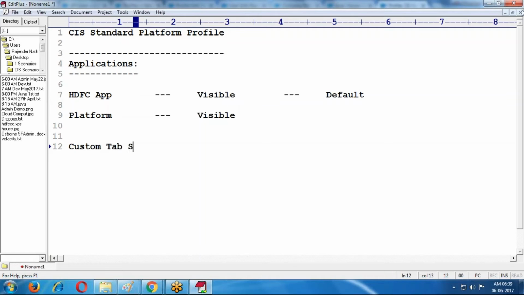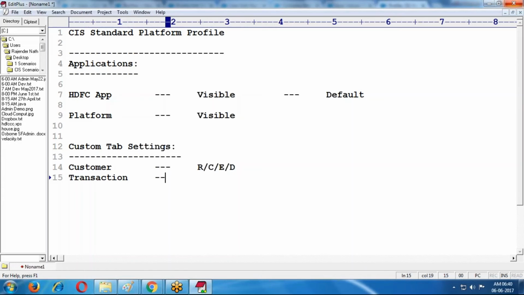Now here, custom tab settings. In the custom tab settings, customer is one object. In the customer object, read, create, edit, delete. Transaction is one more object.